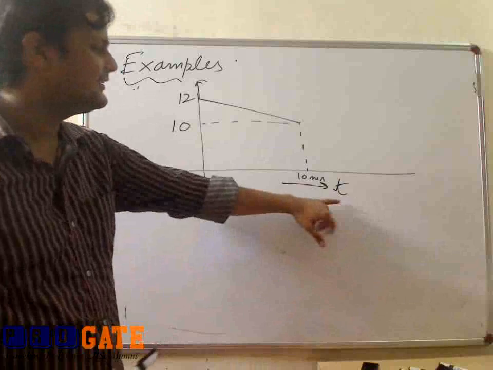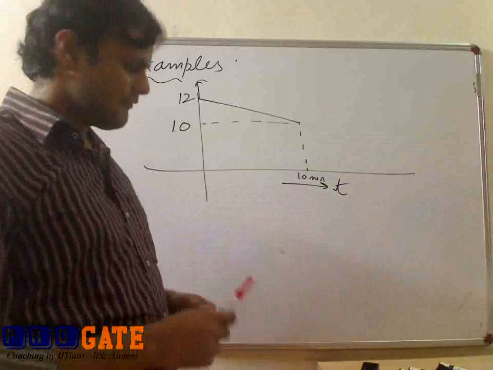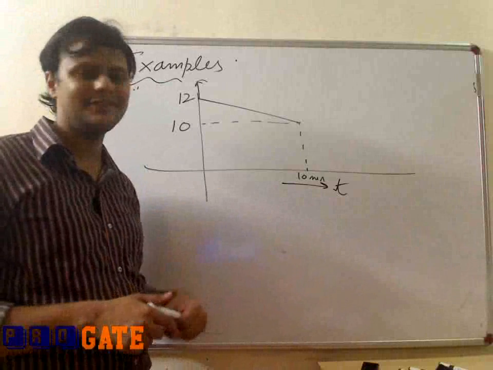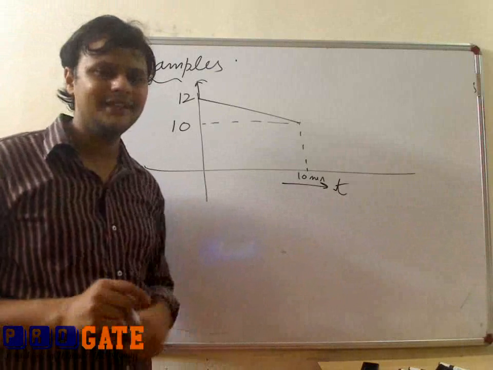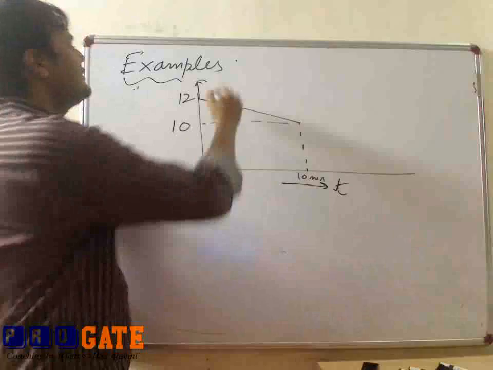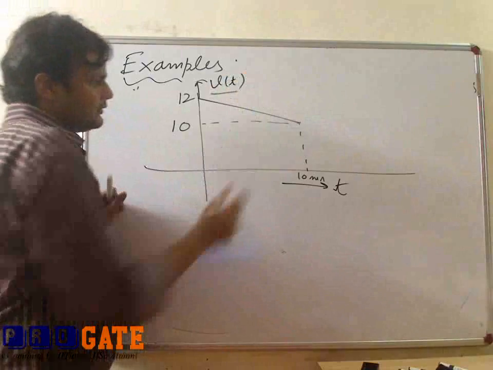But again, see that this is the time axis, not the current axis. So a source cannot give a current for an infinite amount of time. Okay, so this is the voltage waveform